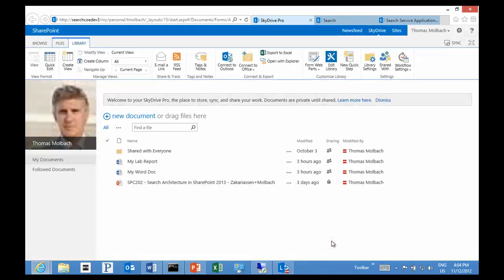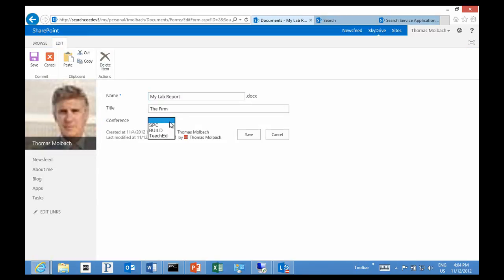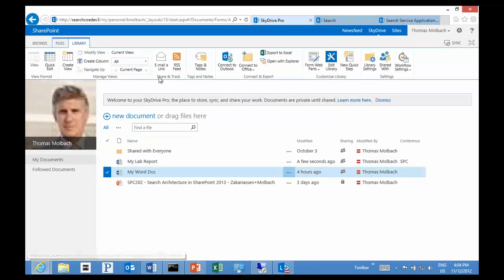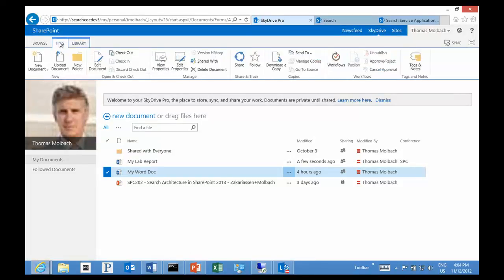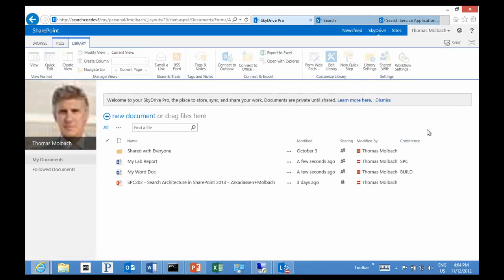And then we need to add a little metadata for each of them. So I can go in to each document and edit the properties. And now you see that I have this column as a field. So I put in SPC for the first one. And then I can put in the second one. Let's see, files, edit properties. I can put in Build on this one just to get a little different data. So now I have a list in SharePoint. I have two different